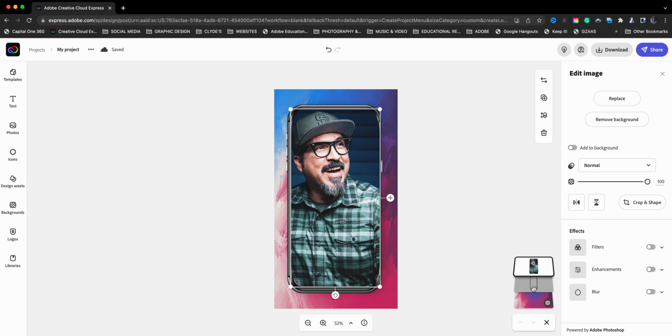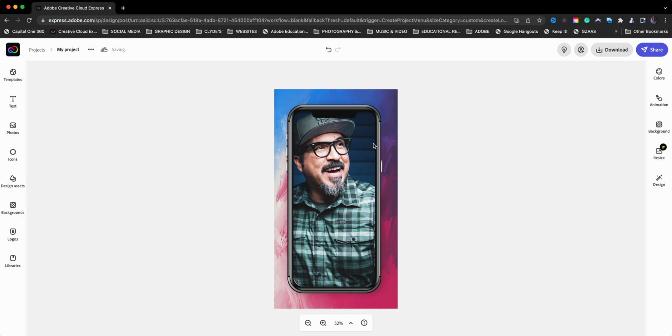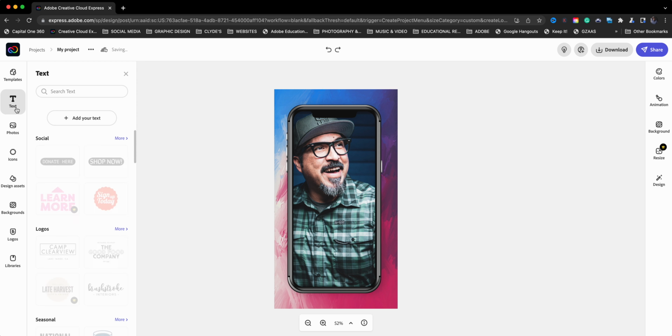So this is the background, this is the overlay, and that's my photo. If you'll see, once I click and drag this and place it underneath, now the overlay is over my picture. And now the next thing I want to do is add some text for this mockup. If I click on text here, I can add my own, but now there's some really cool features